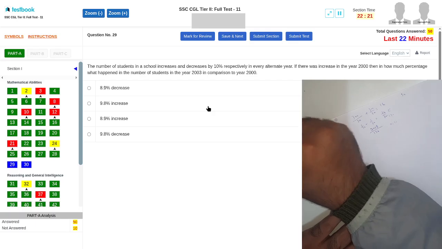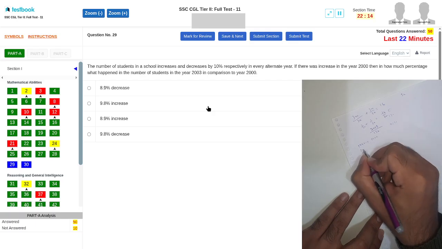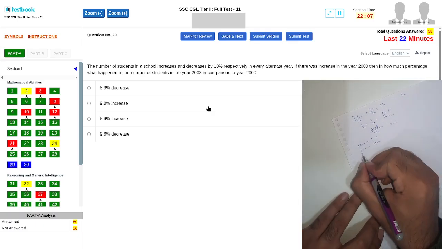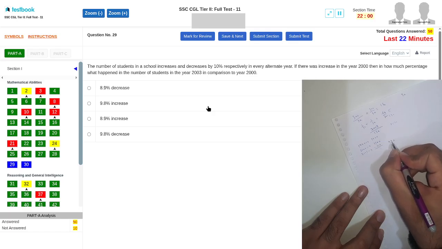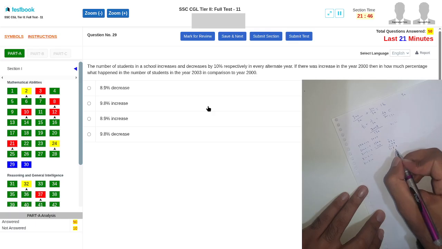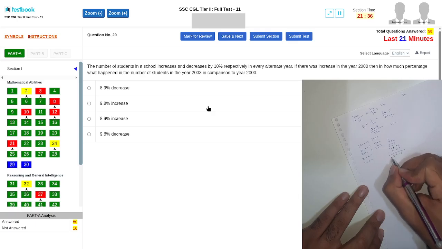2000 में बढ़ गया. जब 1999 में हमने 100,000 मान ली, 2000 में 10% बढ़ गया तो 1100. 2001 में 10% घट गया, 110 घटा दो तो 990. 2002 में 10% बढ़ गया तो 99 प्लस कर दो. 2003 में 10% घट गया तो 108.9 माइनस कर दो. 1,089,980 तो कितना